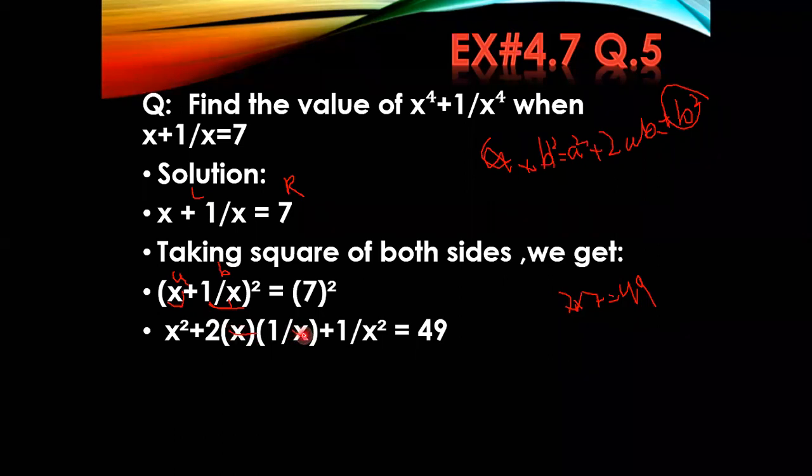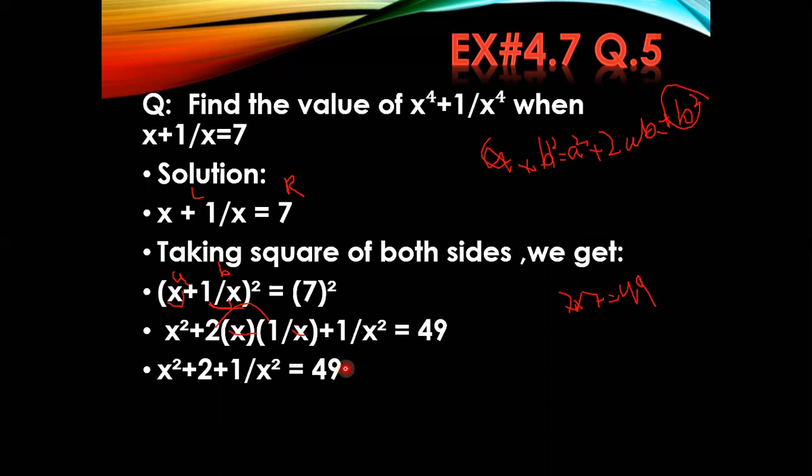Now as you know what we have done previously, we will cancel this x with this x. Is it clear, students? If there is a problem anywhere, please stop me. Understand? Okay, we cancel this x with this x. After that what will be left here? x squared plus 2. We multiply this 2 with 1, so 2 will remain, and then plus 1 upon x squared, and then 49, just like this. Simply what will be left here: x squared plus 2 plus 1 upon x squared is equal to 49. Clear?